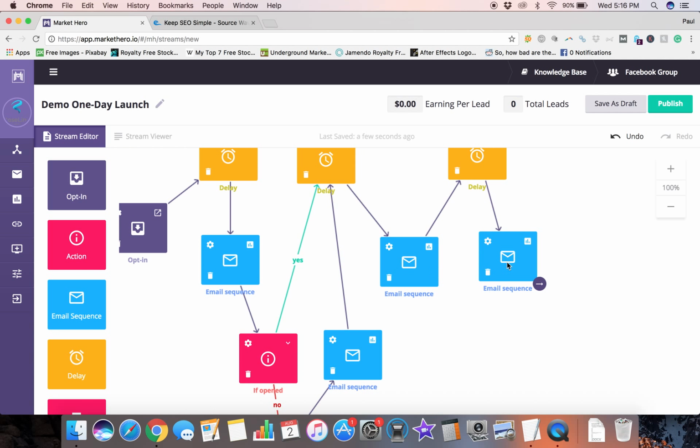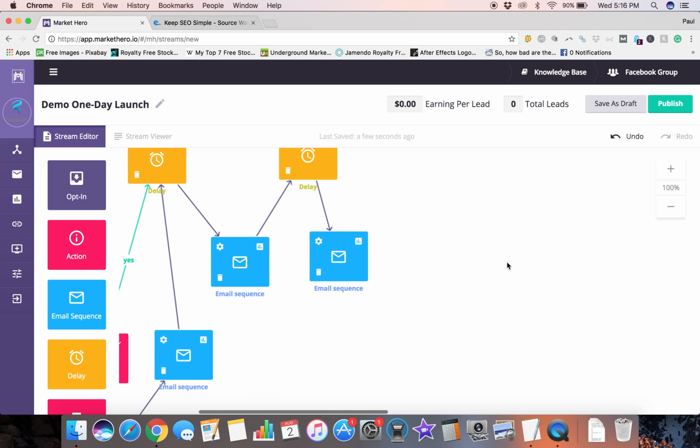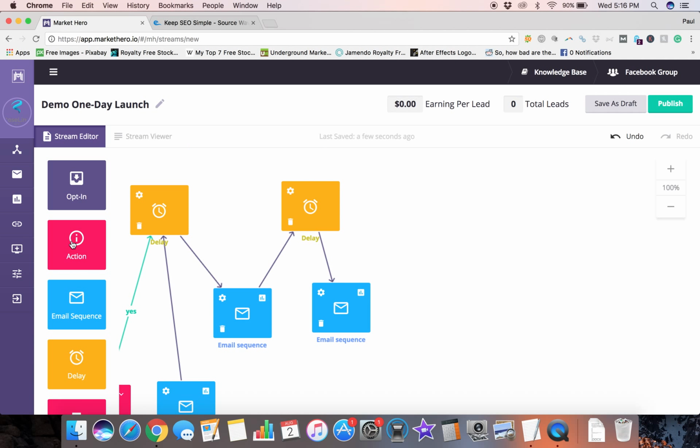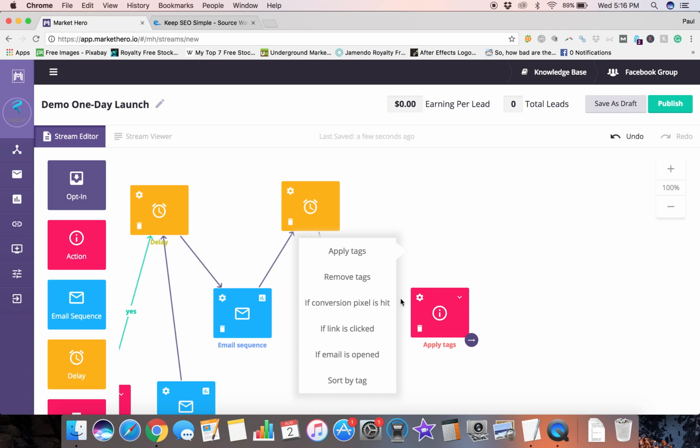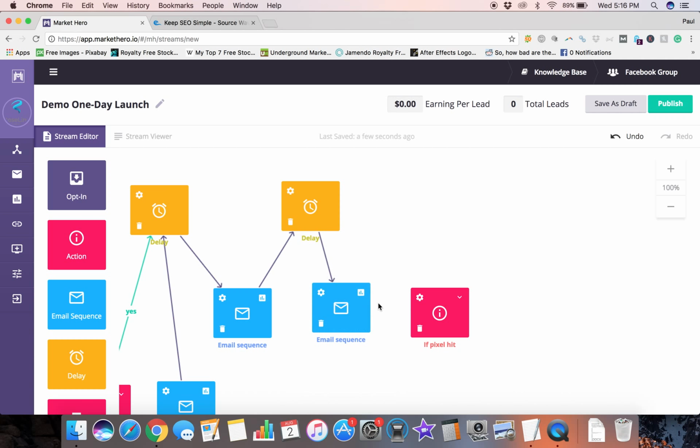Now here's the Thursday email, which is where they get the product offer. Now we get to add another action. This is where it gets really fun. The action I want is if conversion pixel is hit. Now, in Market Hero, you can add products. You don't actually make the products, you just record the products and their prices, and it creates a conversion pixel